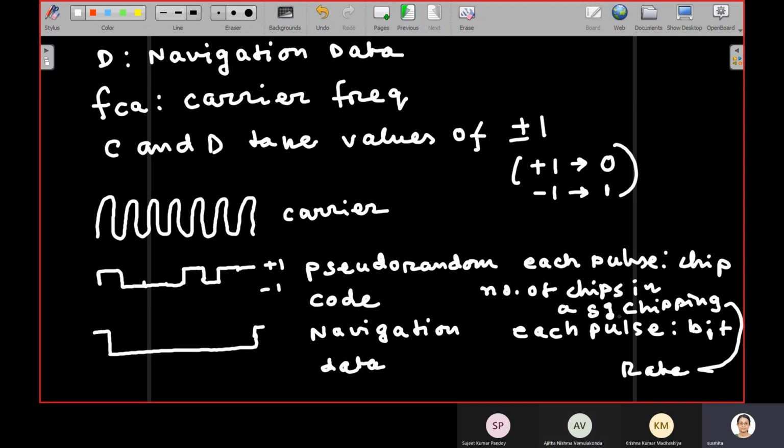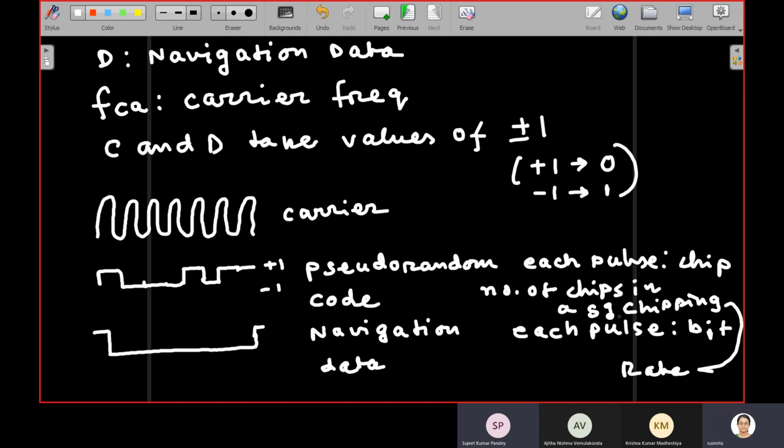From where did you get that? Did we say that in the class, that the input is deterministic? If input is deterministic, how can the output be random? Did we say in the class that input is deterministic and output is random, that means pseudo-random? Or are you guessing something? No, ma'am, it is my guess only, ma'am.